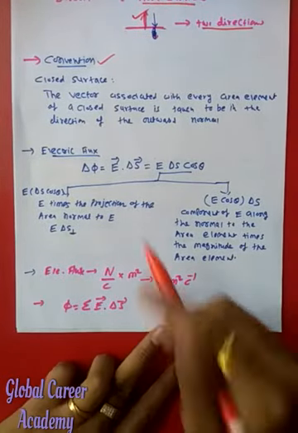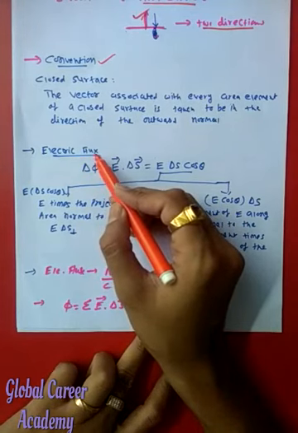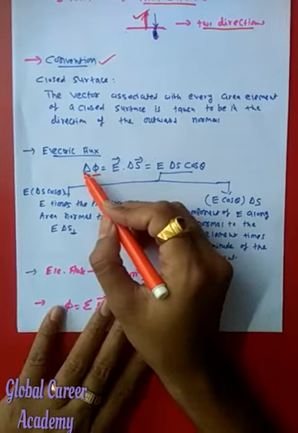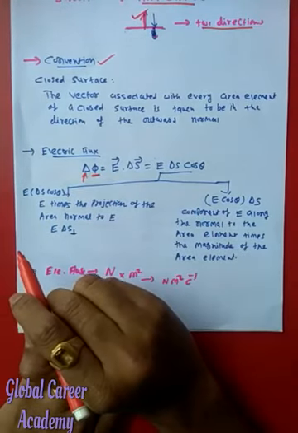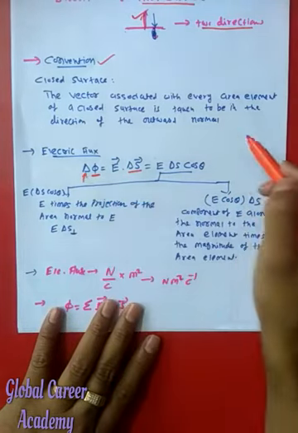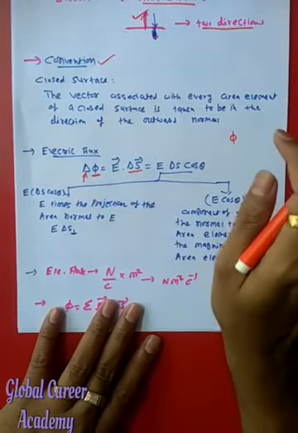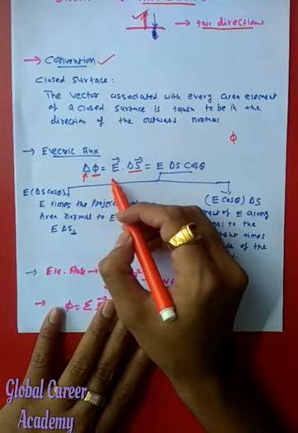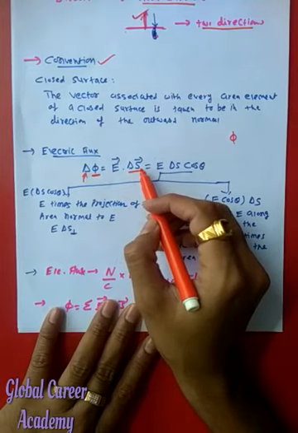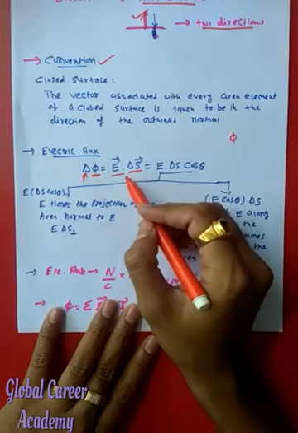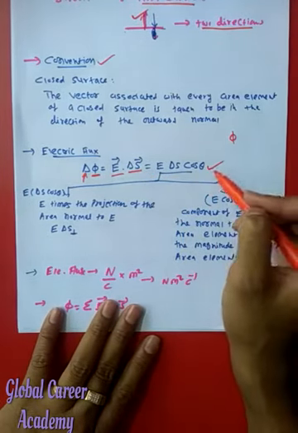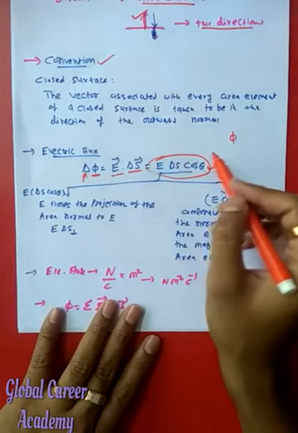Okay, so we have already discussed a bit about the flux, and now the first thing is its symbol is phi. The delta is here because we have considered a small area element delta S over here, and that is how we have placed delta. Otherwise the symbol for the flux is phi. So delta phi can be given as vector E dot vector delta S. Okay, so if I want to put it in normal product, then it will be like E delta S cos theta. Now you can see this equation in two different ways.